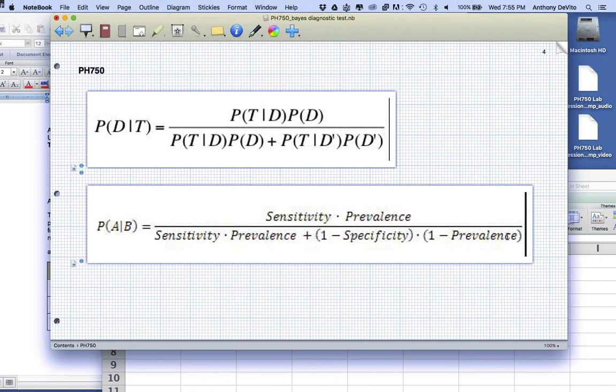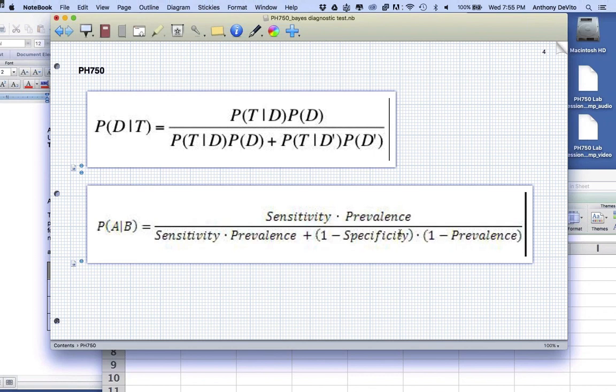So the prevalence was 20%. So 1 minus 20% is 80%. So we're starting off with the 80% of the population that doesn't have the disease. Now we want to know, out of those 80% of the population who don't have the disease, right, how many of those